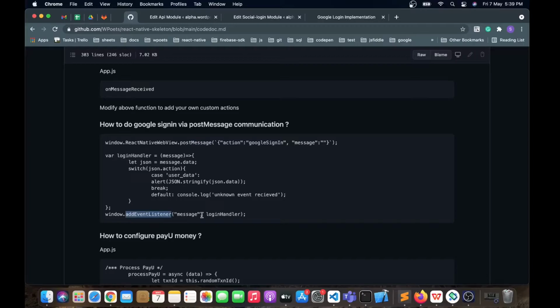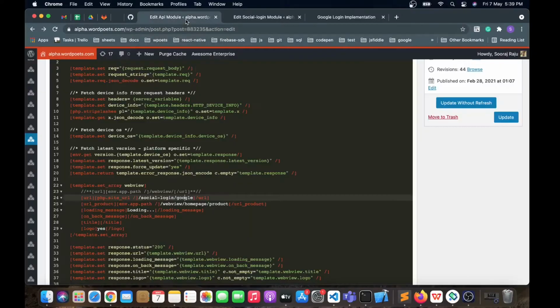Whenever the React Native sends us some data back, we catch it, and from that message body we identify what action our React Native application is sending back. According to that, we perform some operations. This is the code snippet which will do the entire Google authentication. Simple as that. Let's go back to our code.